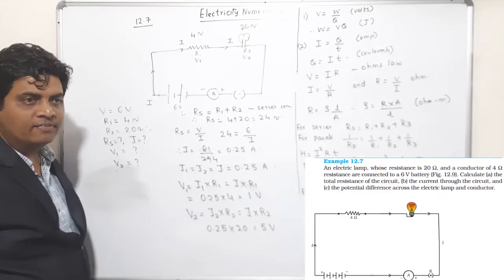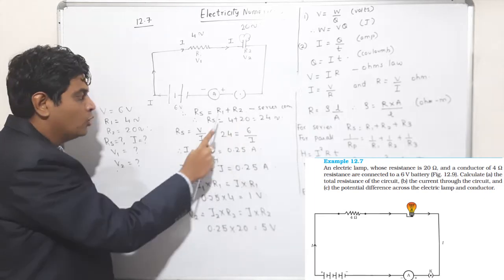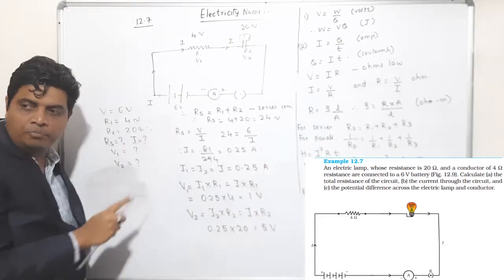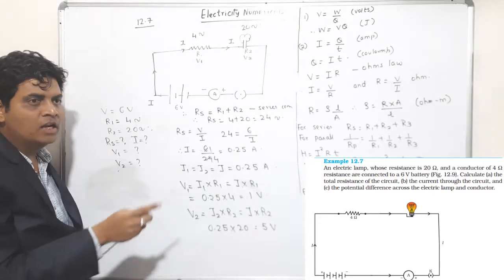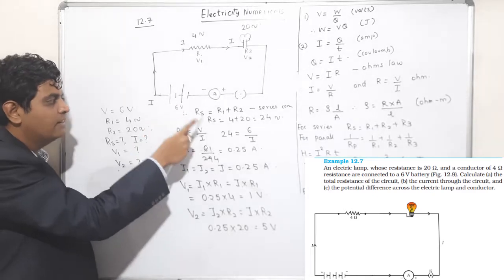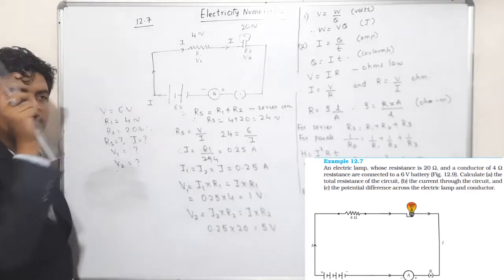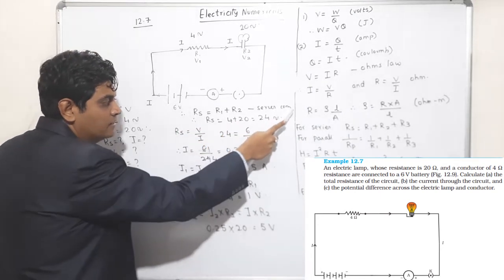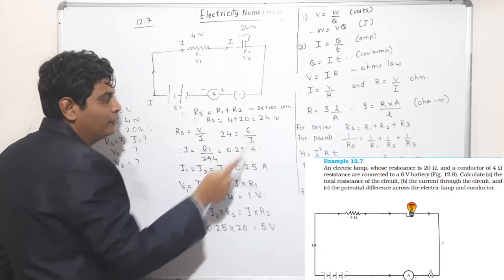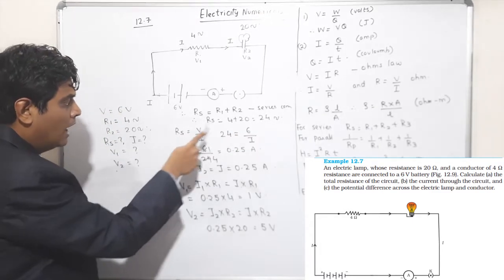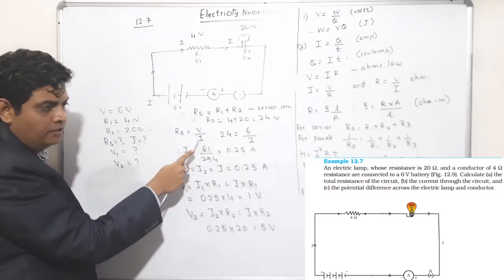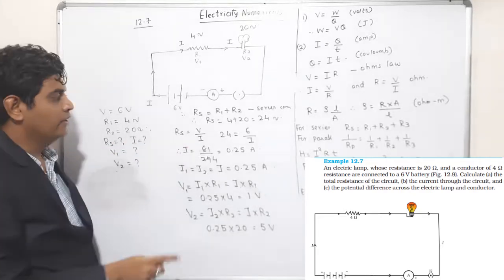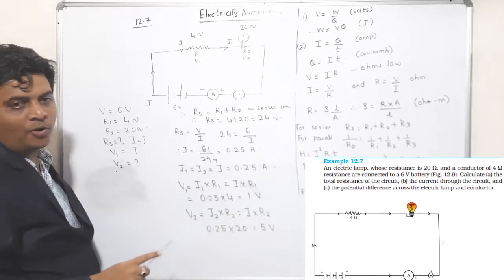Okay. So now step 1, this is a series connection. What is the formula for RS? RS is equal to R1 plus R2. So I have RS, the equivalent resistance of the circuit. I have the voltage across the battery, or the battery voltage. If I use Ohm's law for 6 volt and the RS, I will get the current of the circuit. So first I will calculate RS. RS is equal to R1 plus R2, series connection. RS is equal to 4 plus 20, 24 ohms. Therefore, RS is also equal to V upon I. Here V will be the voltage across the battery and I will be the circuit current. So from here I get the value of I is equal to 0.25 ampere.